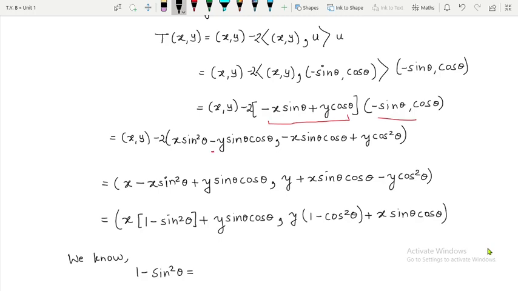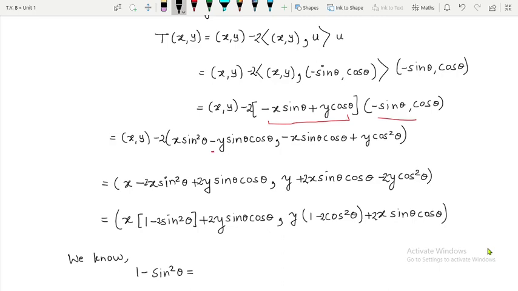So it will be 1 minus 2 sin²θ over here, 1 minus 2 cos²θ over here, 2 sin θ cos θ over here, and 2 sin θ cos θ over here. Just I will change this term. Here you will have x minus 2 there, right? Shall I write it with the red pen? I hope you'll understand it. Over here we are having 2, over here also we are having 2, that we have missed. That's fine.